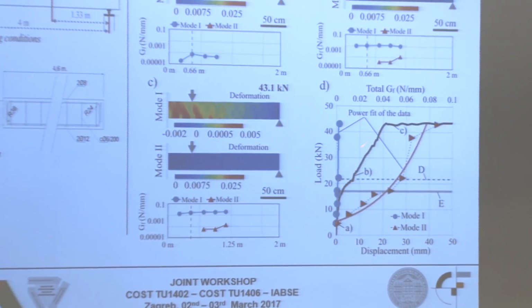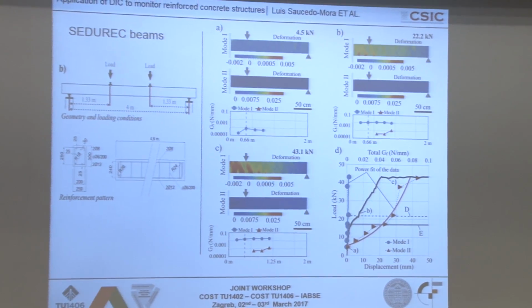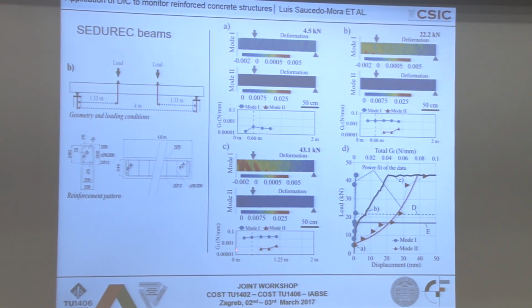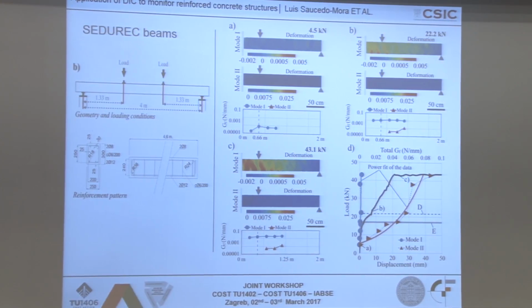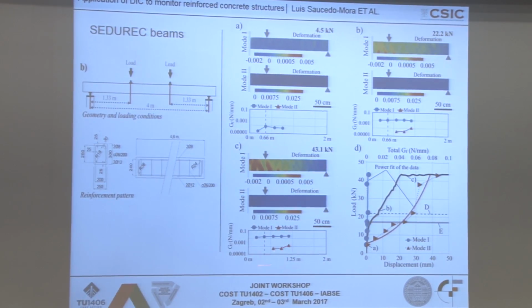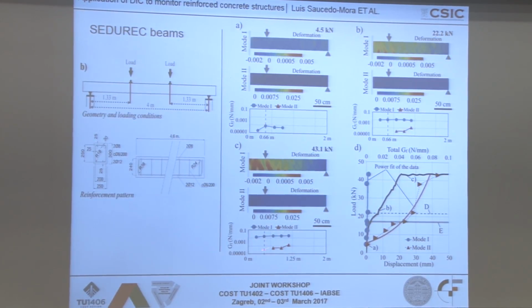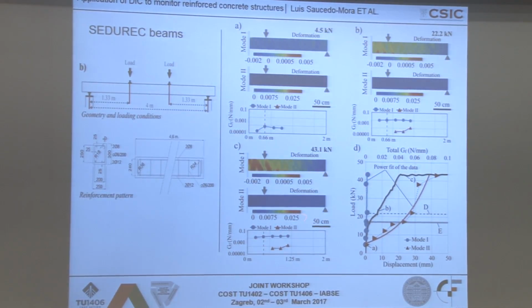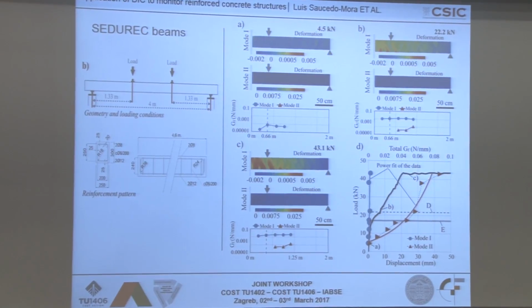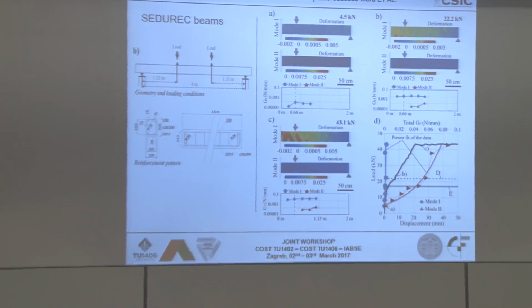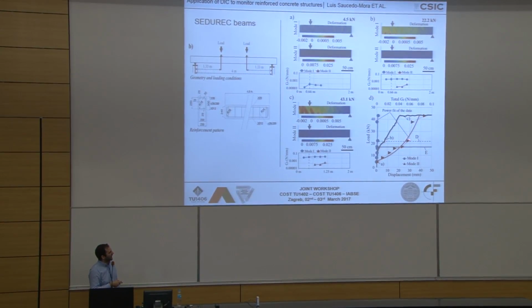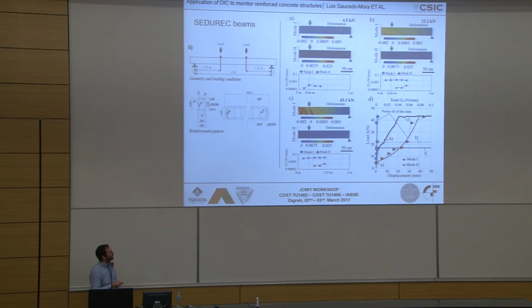And here, once the beam is completely plastified, we can see how the big cracks here are releasing energy in bending, in mode 1, and those cracks are releasing energy in mode 2. So here, the mode 2 is under control, and the key mechanism that is failing is the bending, the mode 1. That graph is wrong because the circles are the triangles and the triangles are the circles, and we